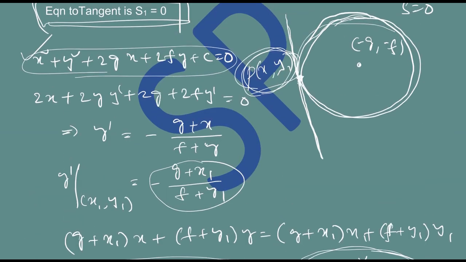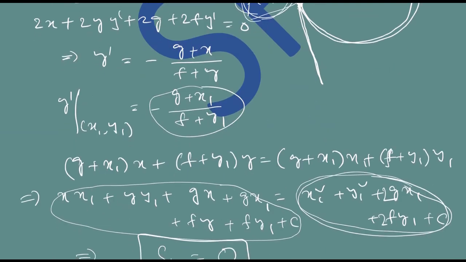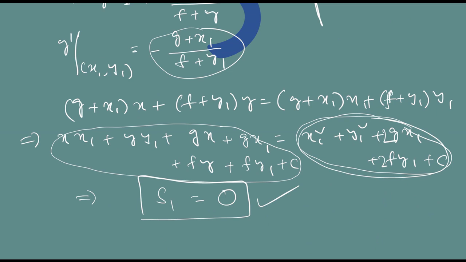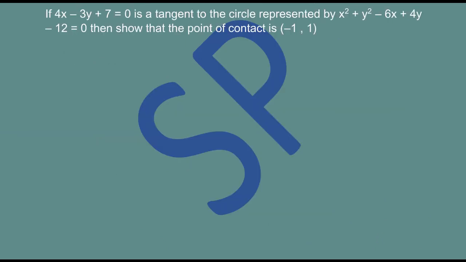Okay, so observe that we have derived the formula for the generalized circle so that you can apply the formula to any circle of your choice. Whatever the circle they may give, you can simply apply this formula. So moral of the story is, to the circle S equal to 0, the tangent at (x1, y1) is nothing but S1 equal to 0. We learn this by heart as a formula. So writing equation to the tangent is an easy job.